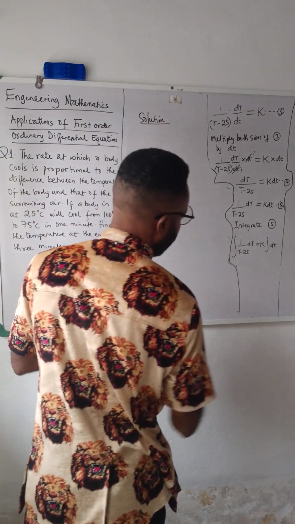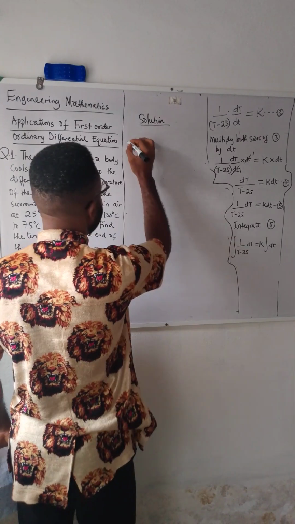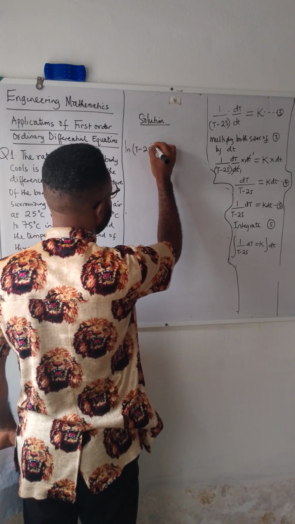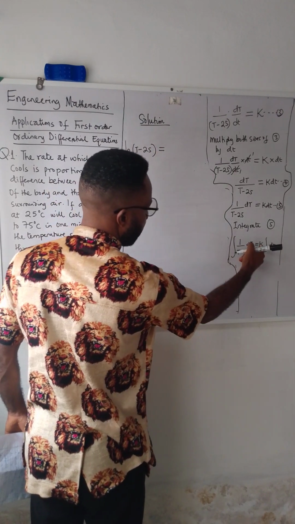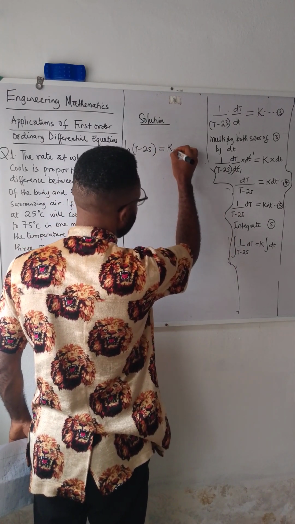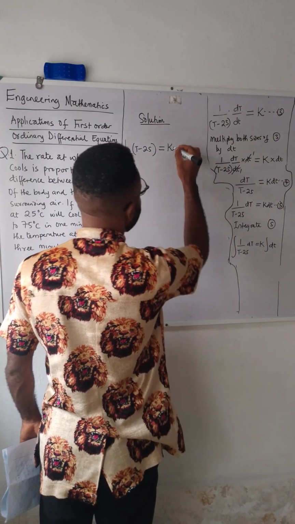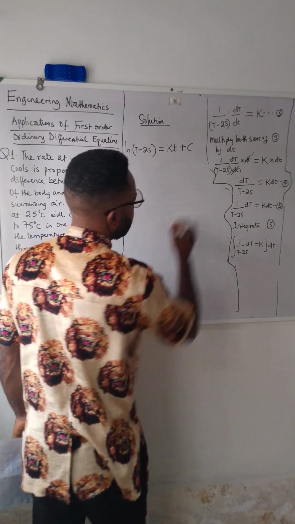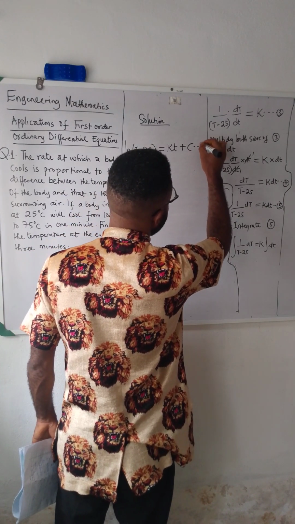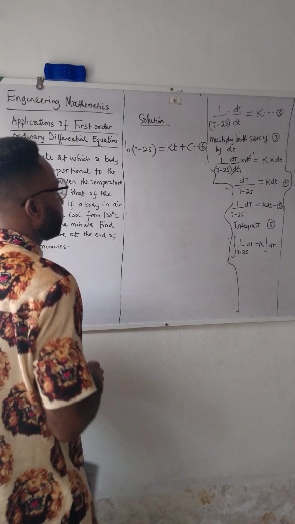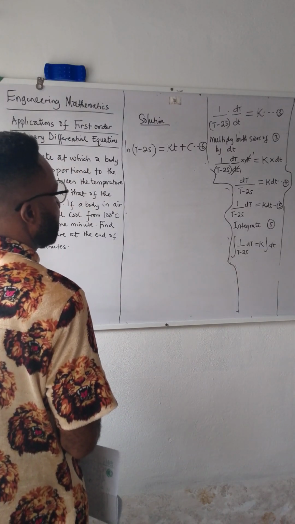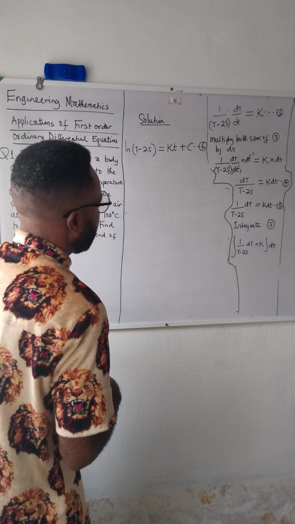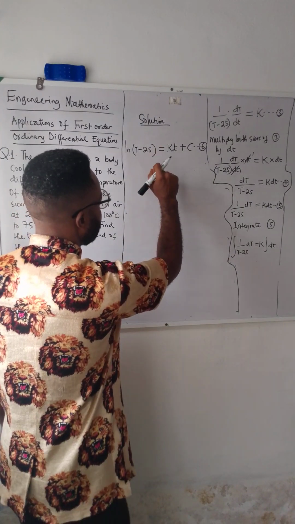So if we integrate this, we are going to have ln of t minus 25, a standard integral, equal to k. If we integrate dt, we have t, and then we add the constant of integration. We can call this equation 6. Okay, so having done this, you can from this point bring in your boundary conditions, but let's make this equation